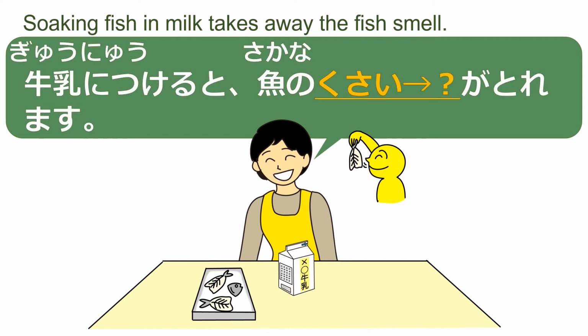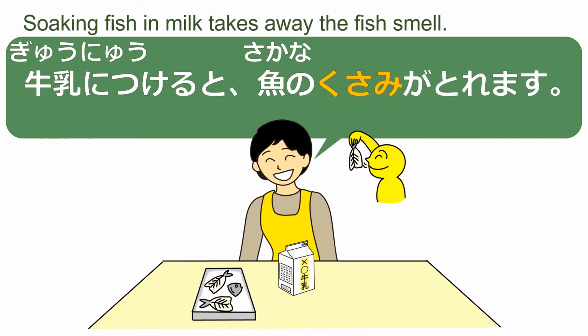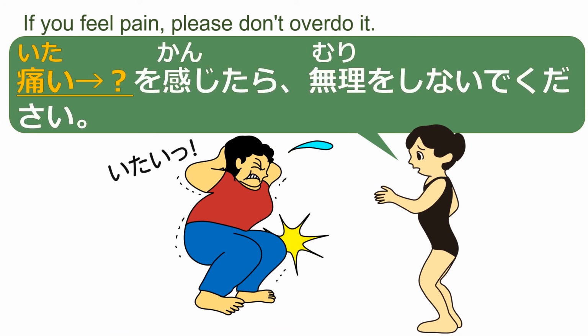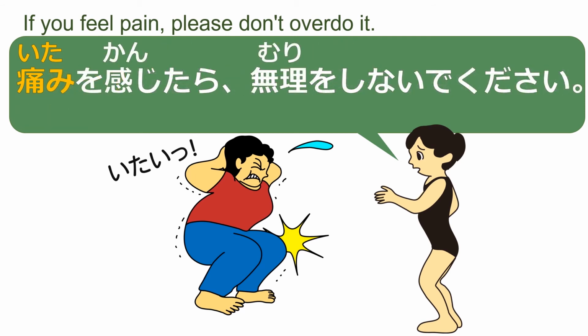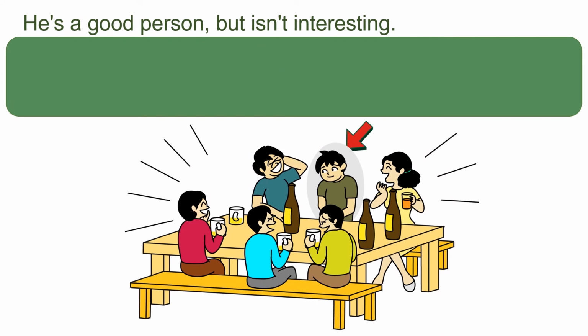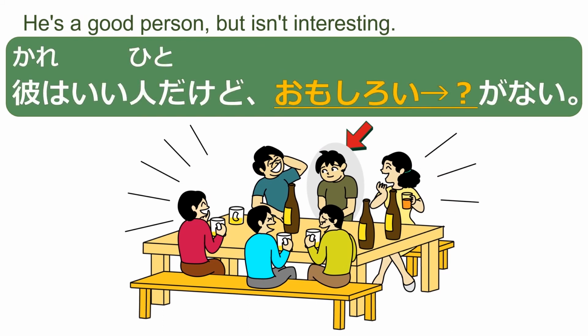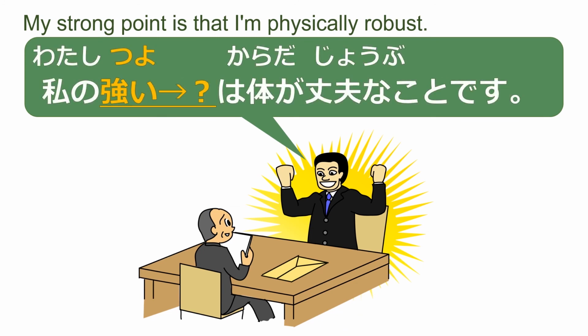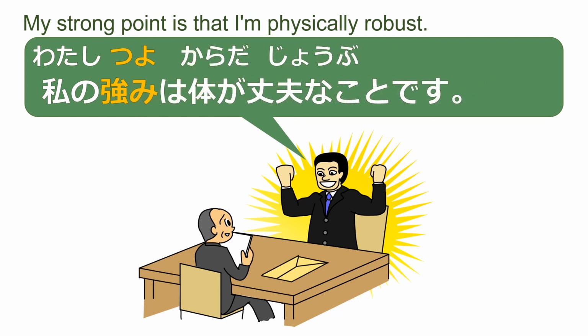牛乳につけると魚の臭みが取れます。痛みを感じたら無理をしないでください。彼はいい人だけど面白みがない。私の強みは体が丈夫なことです。